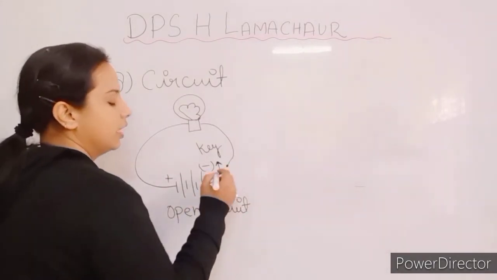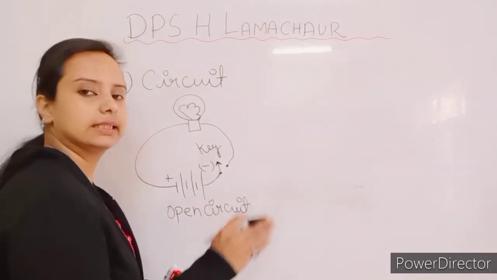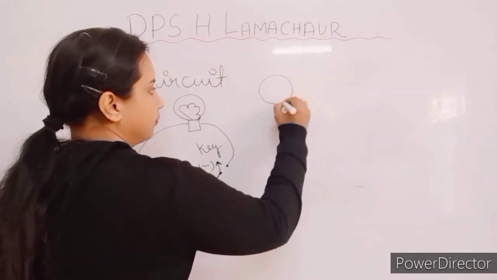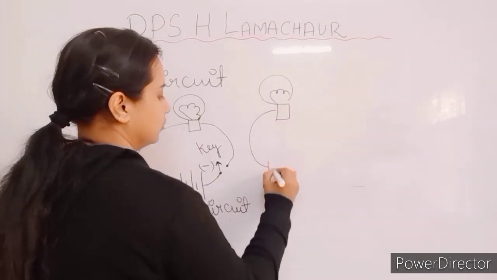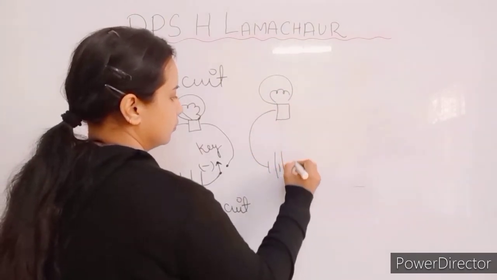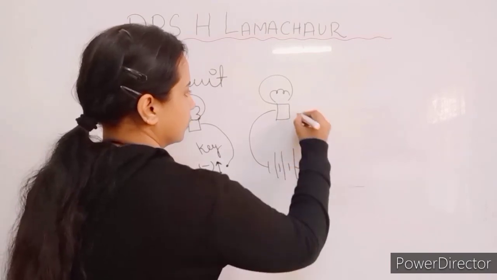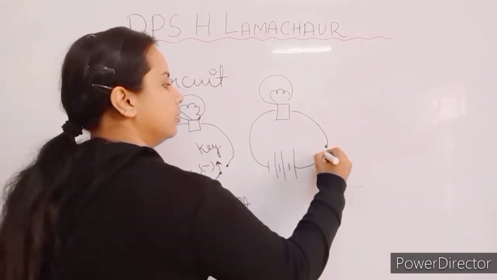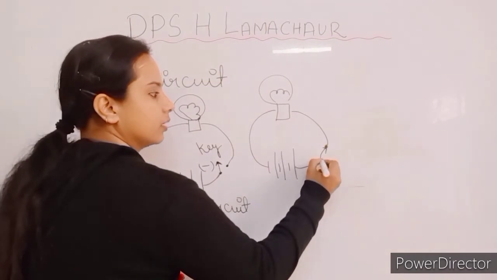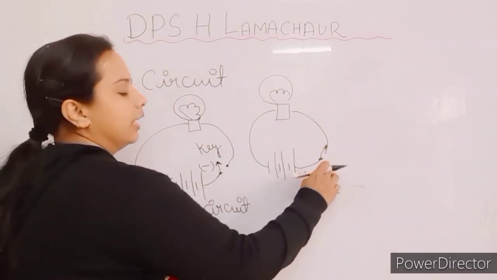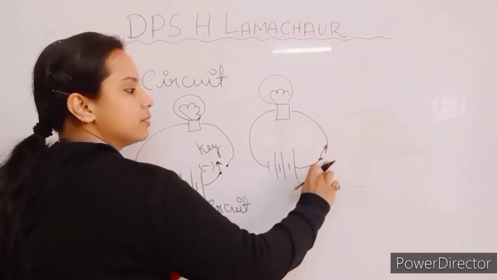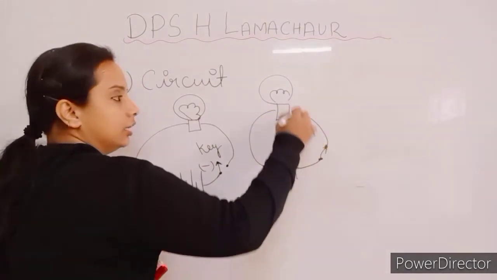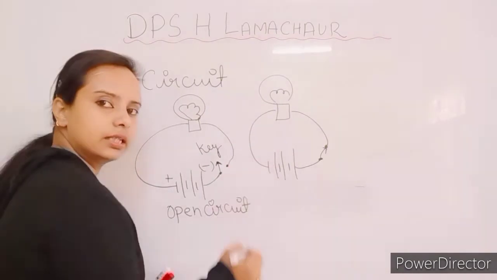Okay, when we switch on the switch, जब हम स्विच को ऑन करते हैं, then what happens? जो ये की थी हमारी, जब हम ऑन करते हैं, this key will close here. ठीक है, ये वाली जो की है वो क्लोज हो जाएगी, and the circuit will be complete. यहाँ पे ब्रेक नहीं हो रहा है, ये कंप्लीट हो जाएगा, वायर की कंप्लीट कनेक्शन है, and the current will flow through this complete circuit.